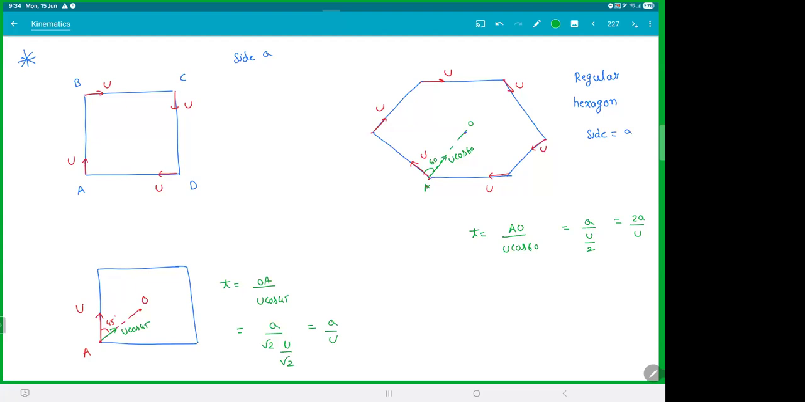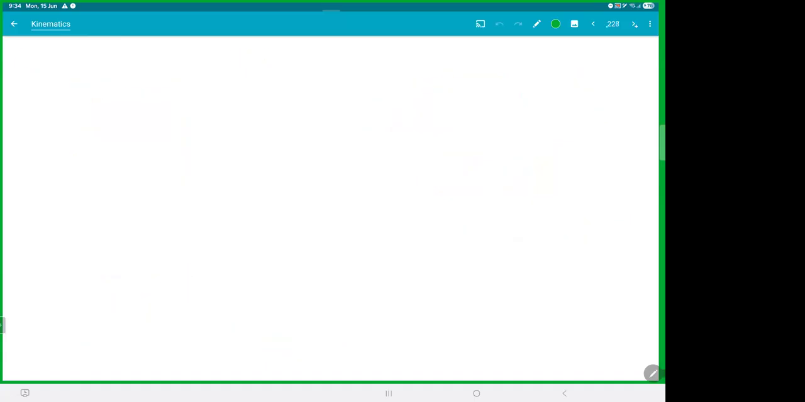But a much better variation of this question will come in circular motion, where I'll ask you to find the angle rotated by the triangle. After what time will the triangle become 180 degrees inverted and all? So that will be fun. But for that, you need to know this stuff. And just to show